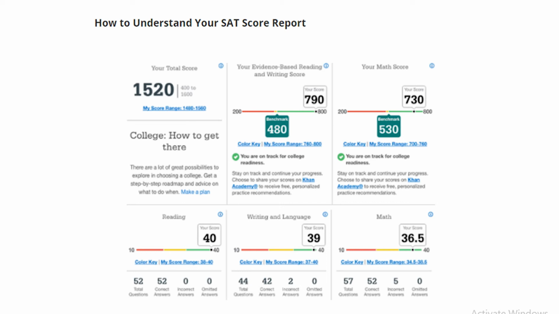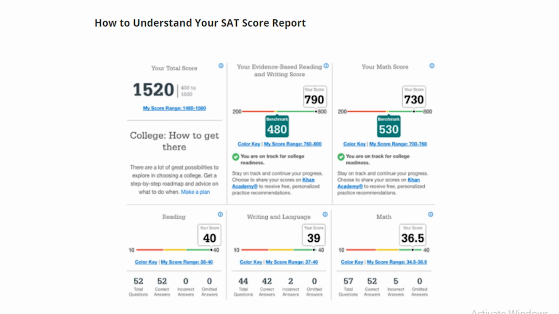How do you understand this? So the College Board gives you the breakdown of your incorrect, correct, and omitted answers on your SAT score report, in addition to your final scaled scores. Look at the slide which is being presented on screen. Note that on this test, the raw math score was out of 57 and not 58. This sometimes happens when a question on the test is deemed to be unfair or unanswerable, and the SAT drops